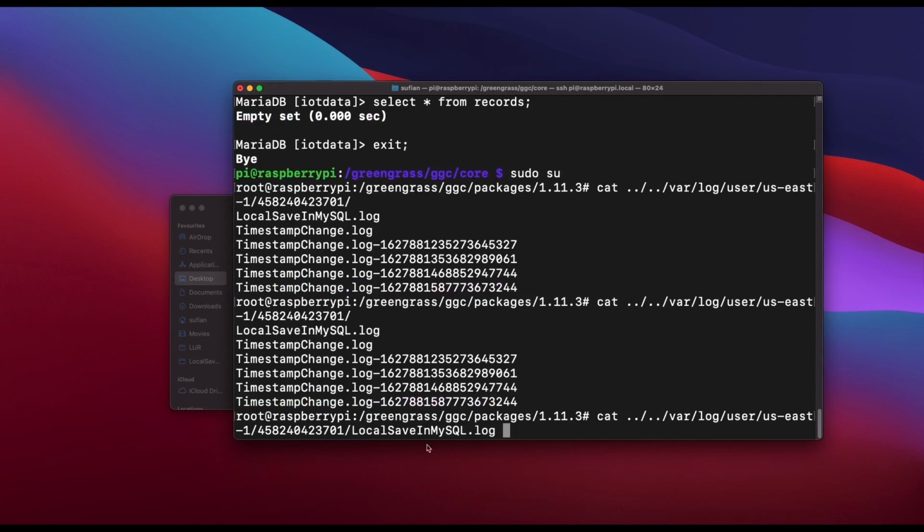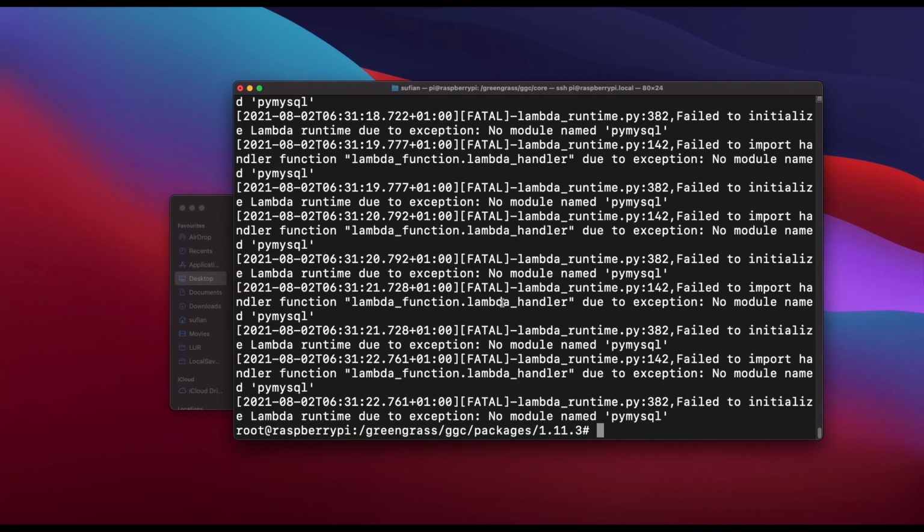In MySQL, that log has started coming in. If we look into it, it says failed to initialize PyMySQL. I think we have installed PyMySQL in the Py user, but I didn't do it in the root user, so we will do that as well.